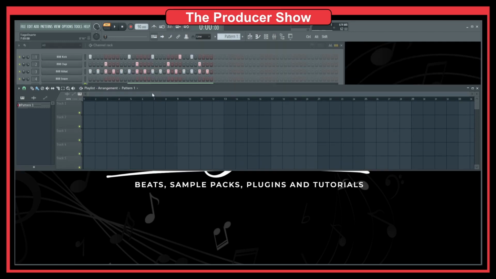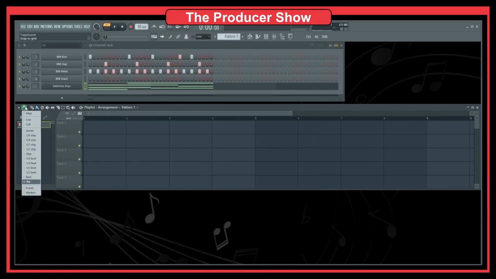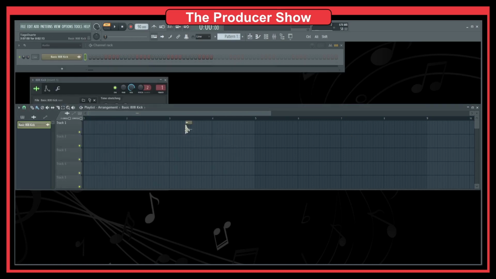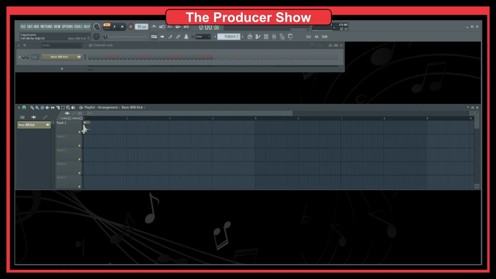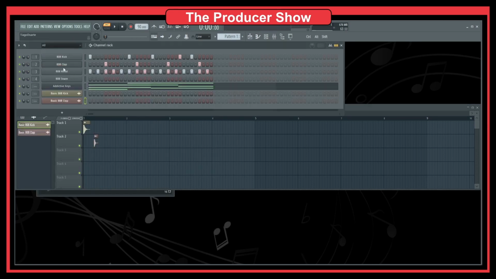And then instead of having the sounds or the patterns, for instance, I created this pattern, I can drag the pattern around here to the playlist and then do my blocks. I can also take the playlist and work with it as a step sequencer. For instance, I can go here and move these to steps, and now I have infinite length of steps that I can play around with. And for instance, I can bring the kick here, and now you see that I have audio instead of a pattern. I can bring the clap there, and let's do the hi-hat,